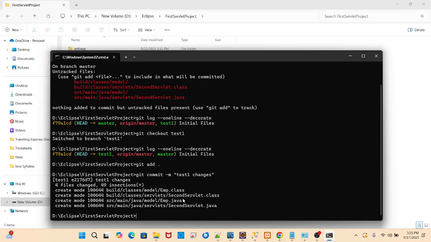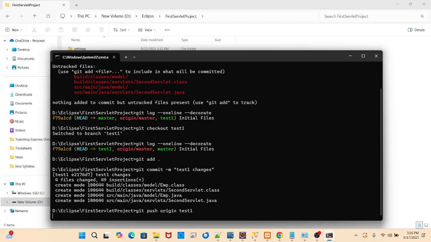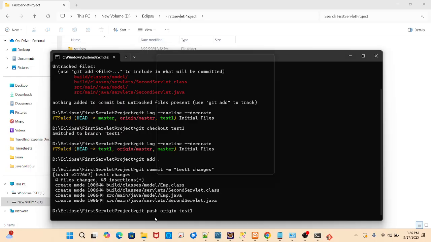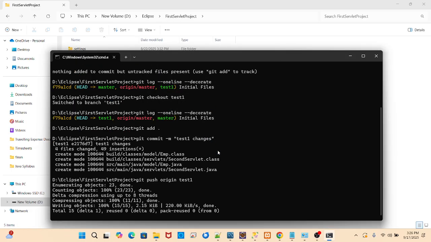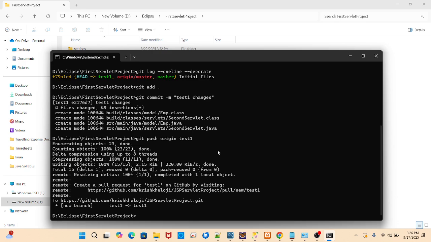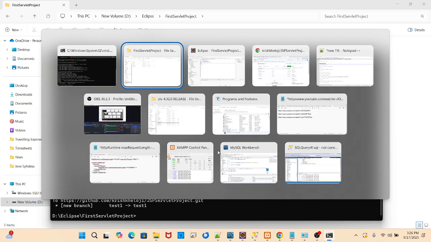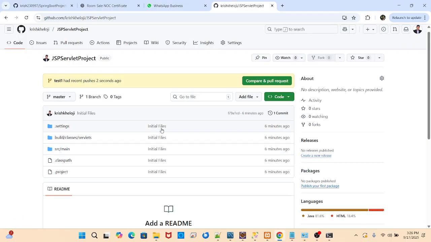I have just committed, but I have not pushed. So I need to push it. What was the push command? Git push origin test1. Again it will ask for the account. See, it is pushed. Where do I check? When I come to here, you can see